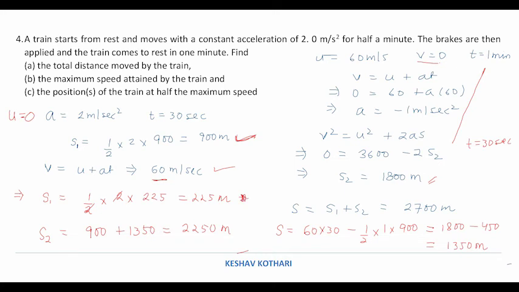Now after the brakes are applied, the retardation is taking place again at a constant rate. So the half speed will again take place in the midway time, that is t equal to 30 seconds. So in 30 seconds the displacement covered is ut plus half at square. Now since acceleration is negative, we are putting a negative sign and we get 1350 meter. So this 1350 meter is after the brakes are applied, before which 900 meter distance is already covered. So we add 900 to this answer and we get 2250 meter. There is one more approach for this particular question. So I am showing you one more method for this particular question.